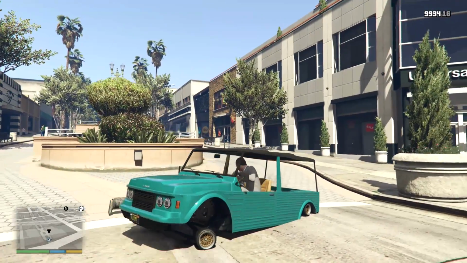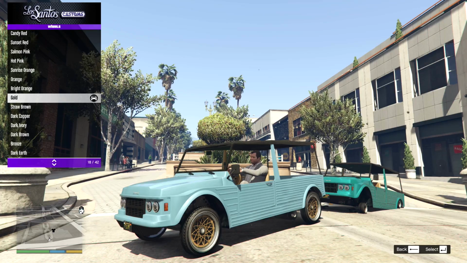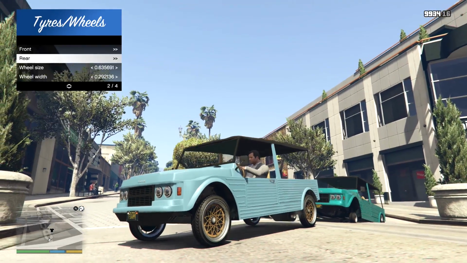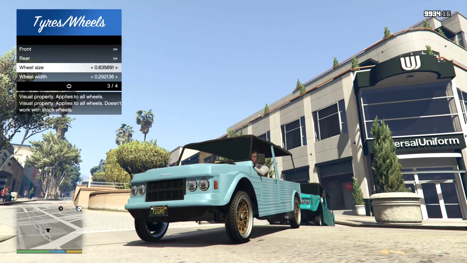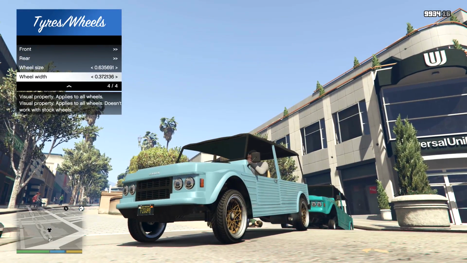So actually, now that I completely messed up all these settings, I should probably spawn in another one. Right, same set of wheels, 118, same color, gold. Right, let's try this again. So we go to V-Stancer and we're going to go to tires, and this time I'm just going to make them wider. And the great thing is, it actually changes the whole dish and the whole...